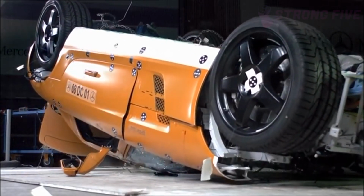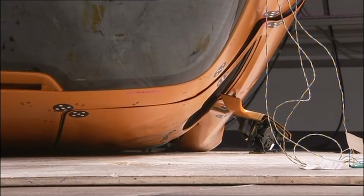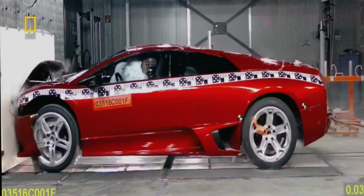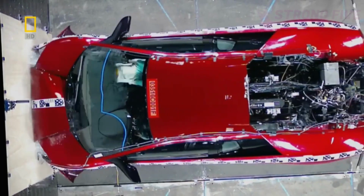The doors were probably defended by shells. At the same time, the bumper flew into pieces and the headlights broke. But all the airbags worked as they should, and in general, the car behaved very well. The next in the system of crash tests of the new European car assessment program was Lamborghini Murcielago, which already costs about